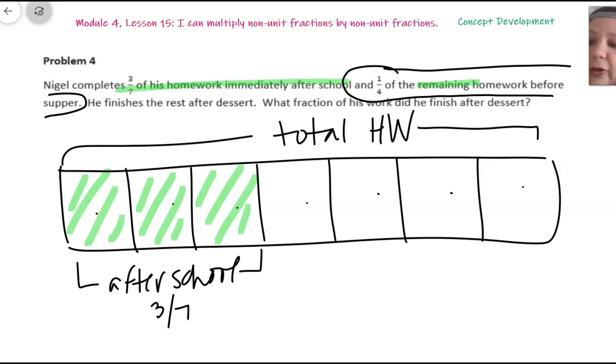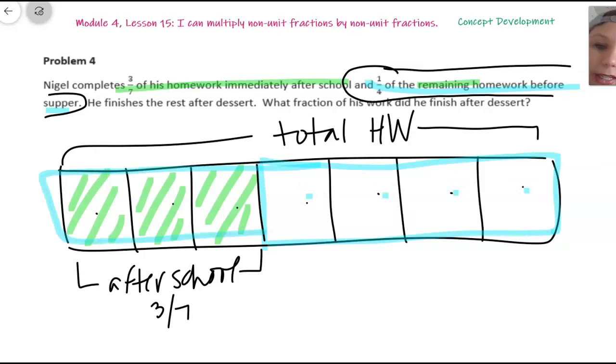Okay, then it says, and 1/4 of the remaining homework before supper. So we need to figure out right here what 1/4 of the remaining homework is. So do you know what the remaining portion is? This is the remaining, right? So we have 1, 2, 3, 4 out of 7. So we are looking for what is 1/4 of